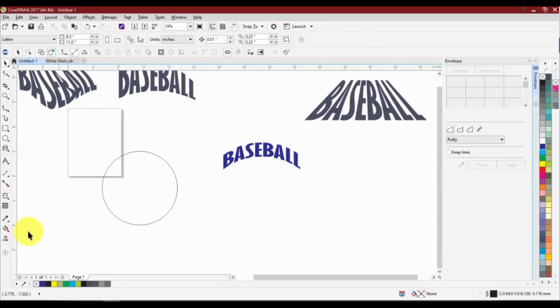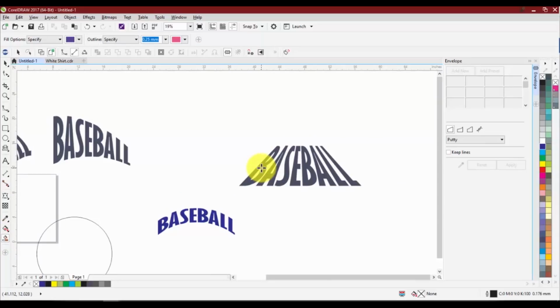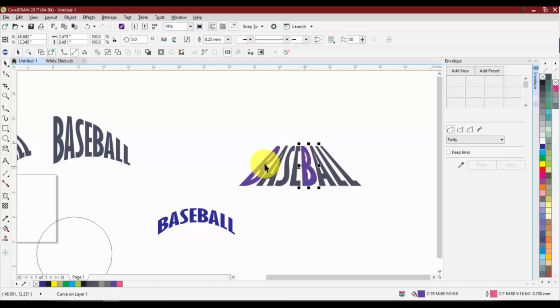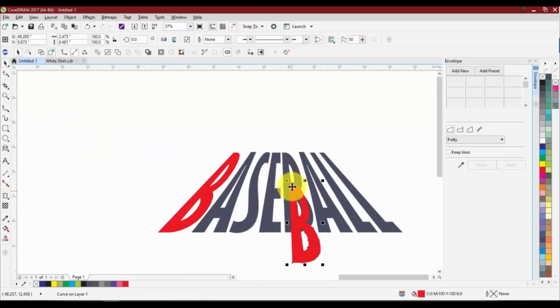And the last tool we have down here, which will come in handy a lot, is our Smartfill tool. If there's an object that we want, let's say we have this baseball design and I just wanted maybe the B to be a different color, I can use the Smartfill and click on those. It would recreate a vector right on top of that image. And then I could maybe change these to red instead. And then I have a new or different looking design. I would definitely want to go back and make it layered, so we'd have to delete this other B out of there, which we could do by just clicking on the nodes and deleting those out. But it's just a way to quickly fill an object